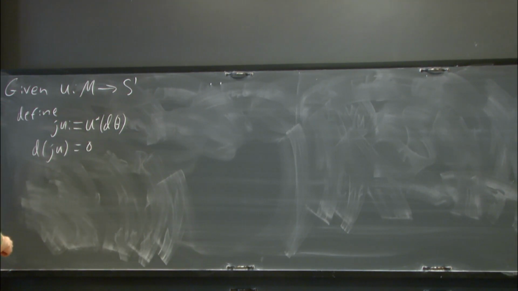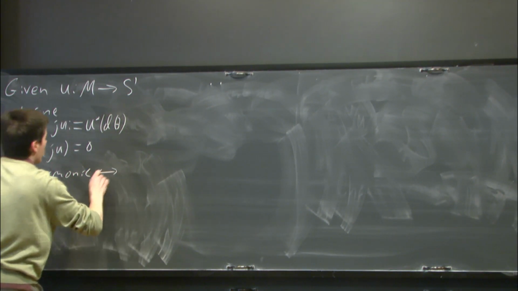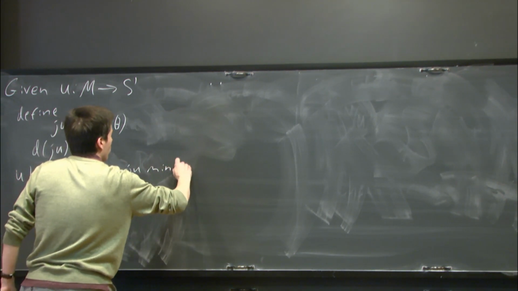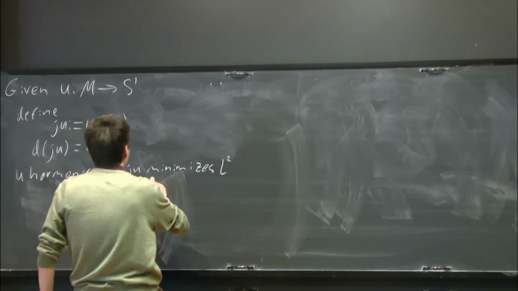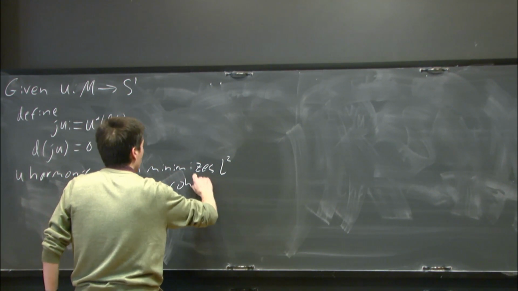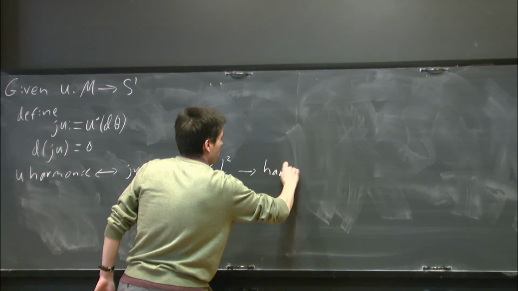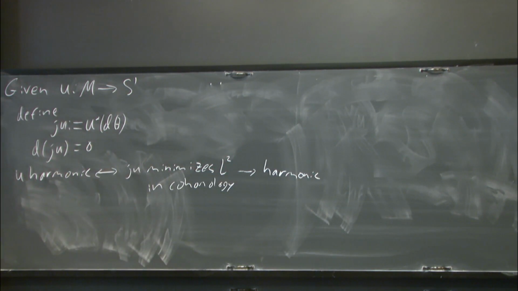And it's easy to see that our map u is going to be harmonic if and only if this one-form ju minimizes the L2 norm in its cohomology class, i.e., harmonic in the usual sense. It's closed, it's also co-closed. OK, so in particular,